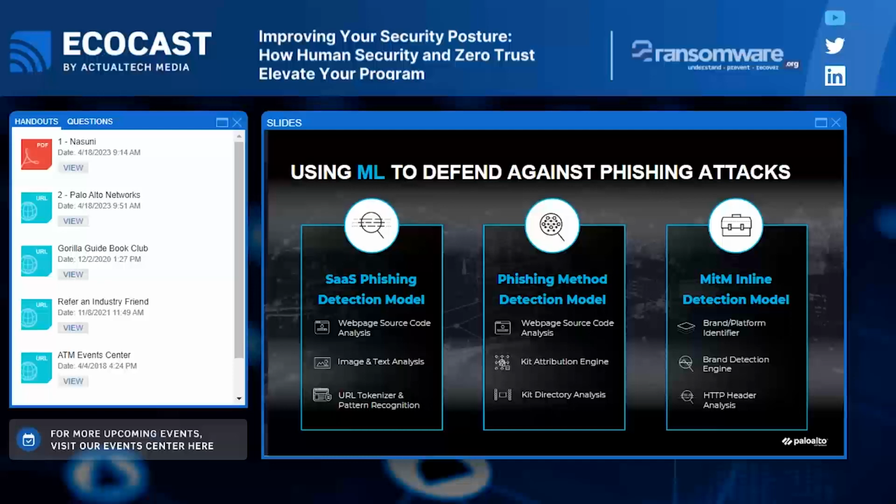Again, best of breed worked for us in the past when things were relegated to our premises, where our big security stacks were designed to protect different locations. Doesn't quite work anymore. The ability to integrate disparate products through APIs, it's challenging, and it doesn't provide all the robust capabilities that are required to address and leverage things like AI and ML. And at the same time, any changes that we need to make, we have to manually go and make those changes again through APIs. It's a little bit more cumbersome.